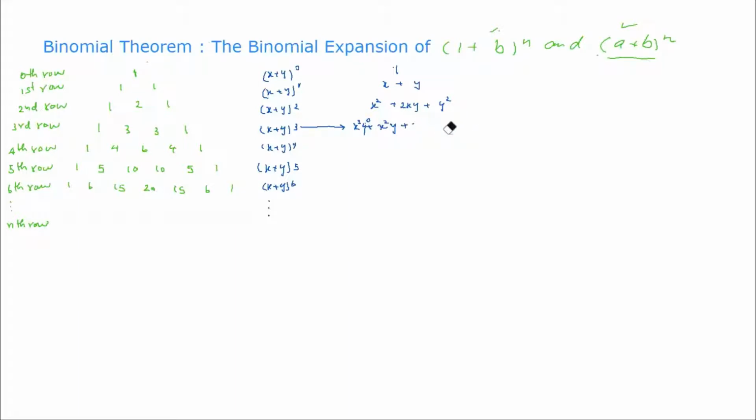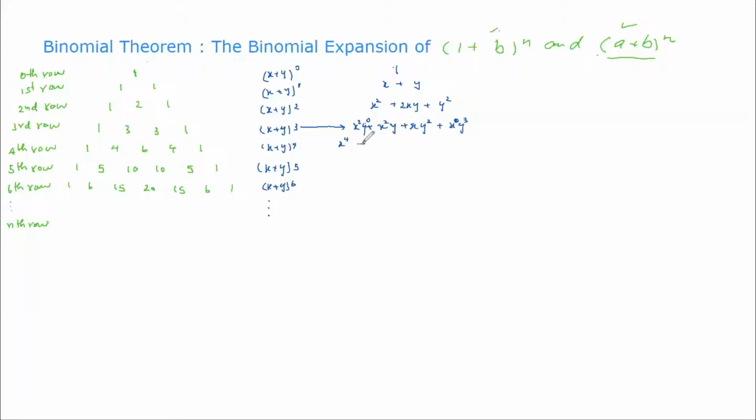Can I change here? So x power 3, and then this one is gonna be x, and then y power 0, power 1, power 2, and next is gonna be x power 0, y power 3. Okay, you see in order x power 3, power 2, power 1, power 0, y power 3, power 2, power 1, power 0. Okay, and then x power 4, everyone can guess what's gonna be x power 4